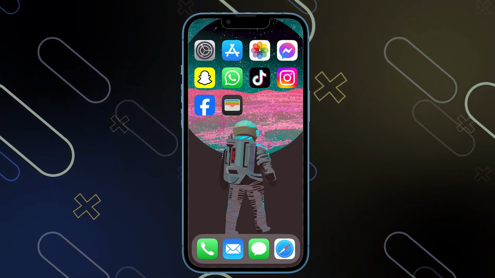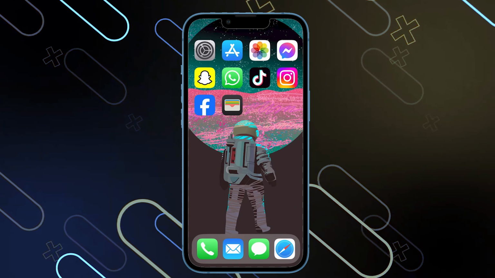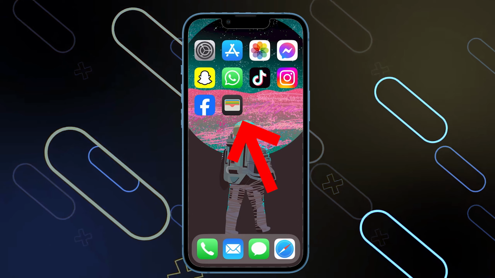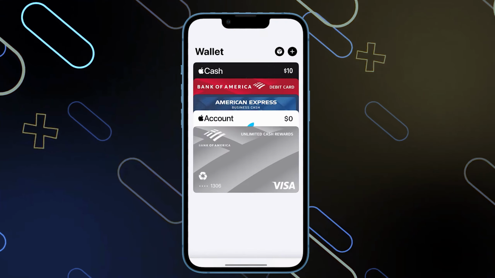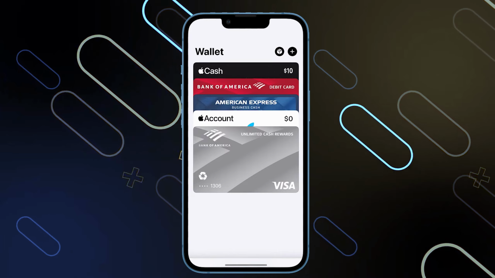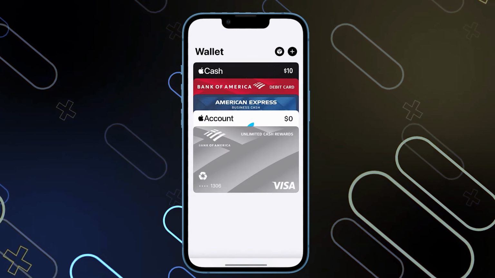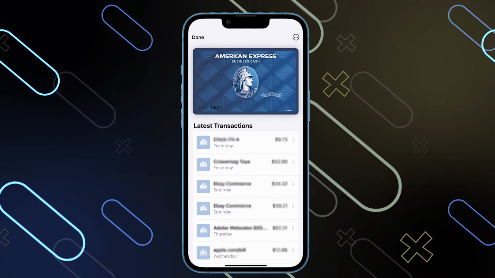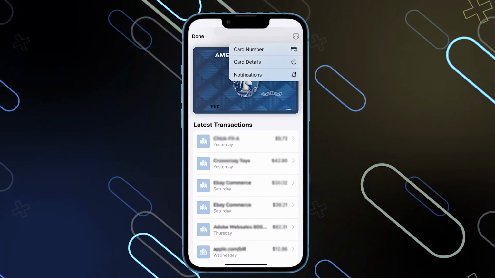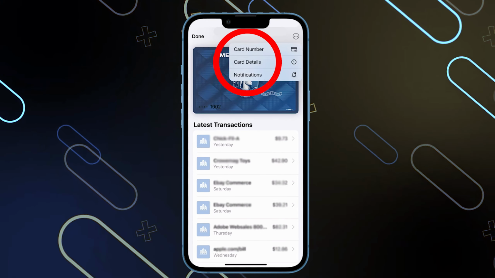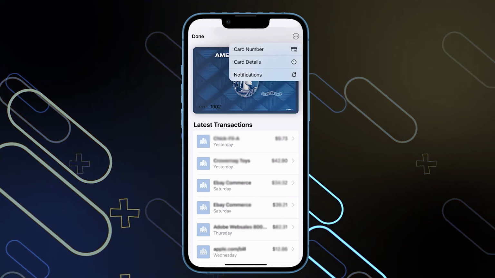Okay, now you need to know that the process is very simple and easy. The first thing that you should do is to simply go and open the Apple Wallet application on your phone. Then you want to choose the card that you want to know its details. So let's say that I will choose this one. And now after clicking on it, you will have to click on these three lines on the top right side. Then you want to go and click on card details or card number in order to see the card number